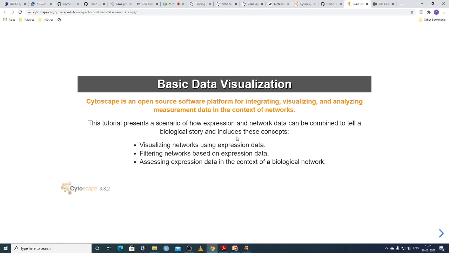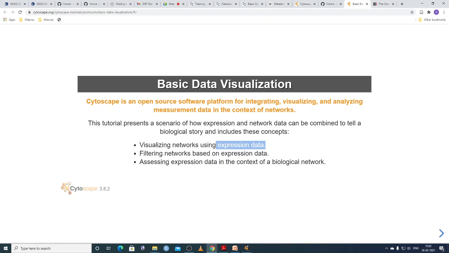Here, how expression and network data can be combined tells a biological story. If you want to tell a biological story, you can say something about the expression and the network data. You can visualize the network based on expression data. We have gene expression data, meaning different genes in a particular cell are expressing, and we want to see how a high expressing gene is regulating a low expressing or intermediately expressing gene.